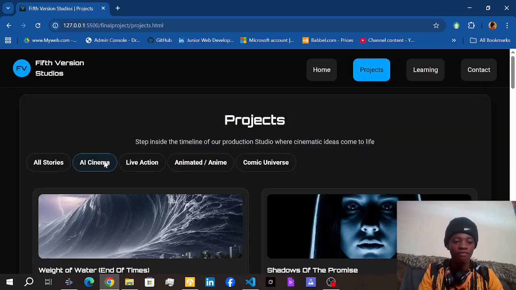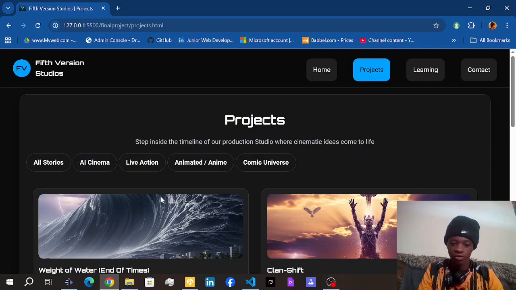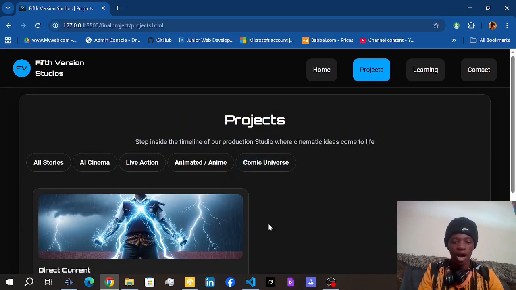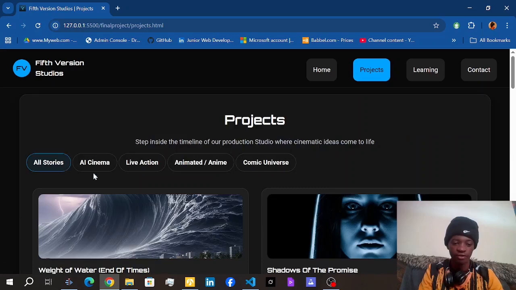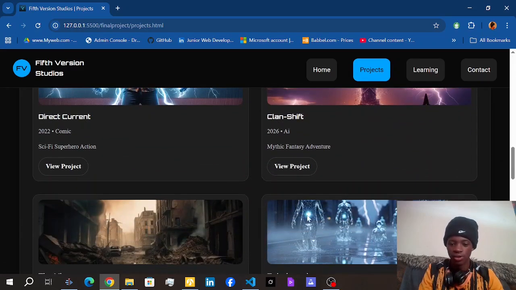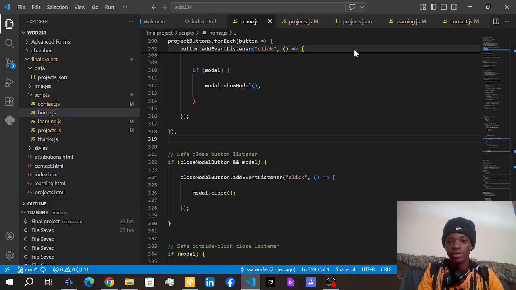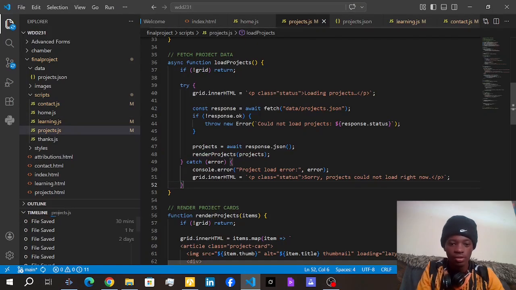They also have filters, which help me to filter out any project based on each category. So I think this is very useful for my film studio website. And as you can clearly see when you go to the projects.js, here first of all we are having